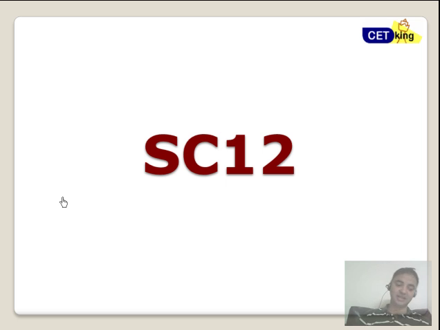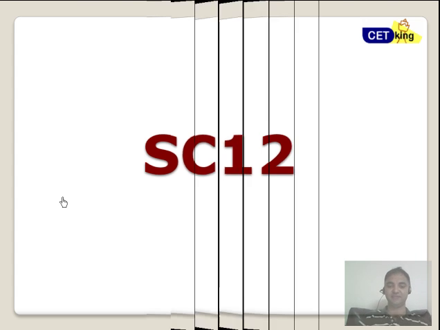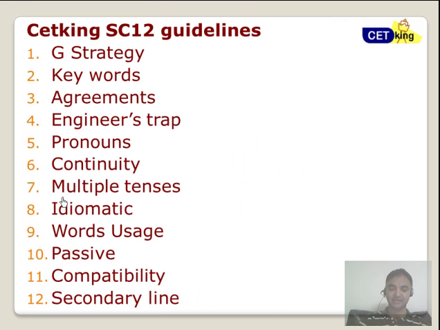Fine. So same thing I'll recommend here as well, that please leave sentence correction if you are not able to crack the question out of these SC12. Now SC12 are 12 guidelines which we have made. So these are the 12 guidelines which we had made at Cetking, which will help you identify the type of